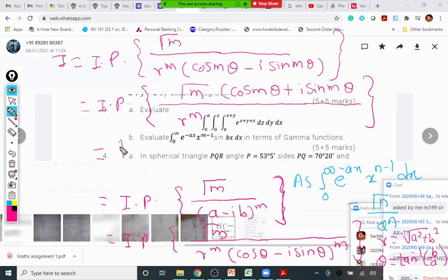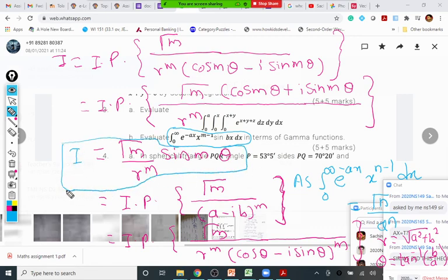What is the imaginary part of this bracket? Gamma m by r to the power m, sin m theta. Correct. And that's the answer. We got the value of the given integral. The value of this integral I is this, this is the answer that you have. What will be the answer for cos bx now? If instead of sin bx there is a cos bx, what will be your answer? So gamma m by r raised to m cos m theta. Yes, that's right.